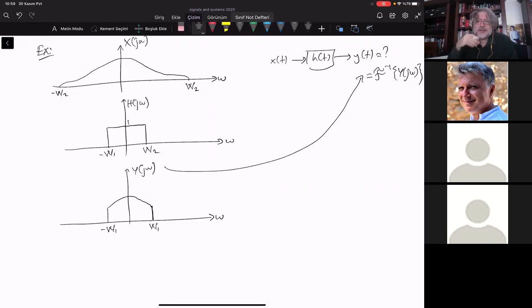You can use computers to evaluate the Fourier transform and the inverse Fourier transform. You have this shape, you can put this signal into a computer and ask what the inverse Fourier transform is. The computer will tell you what it is, and the output is therefore found this way. You multiply in the frequency domain. And this H of j omega is a low pass filter. It could be a band pass filter, a high pass filter, and all sorts of filters are available to you. A derivative filter,